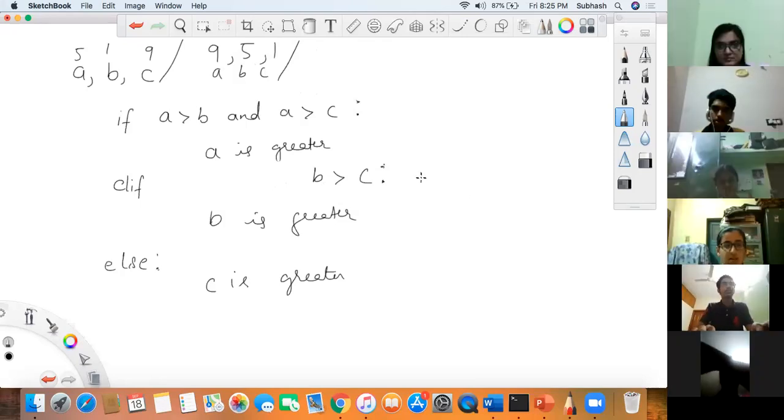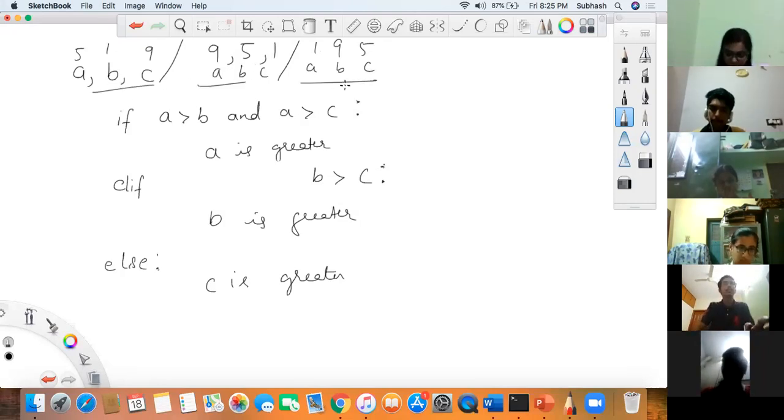Did you type for the first combination, 519? Yes, sir. Okay, then try for the next one, the last. Say 195. Try this and tell me if it works. If it is working for all these combinations, only then the program can be correct. Not for only one combination. It should work for all multiple combinations. Try this 195. Is it working? Yes, sir.